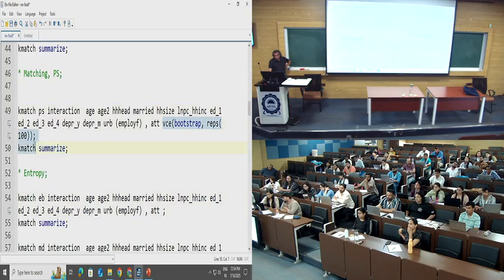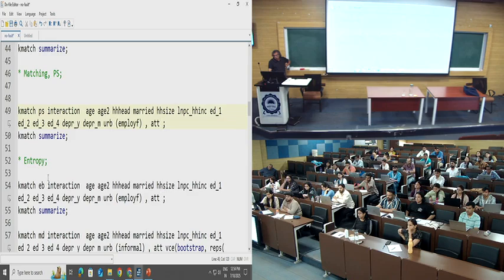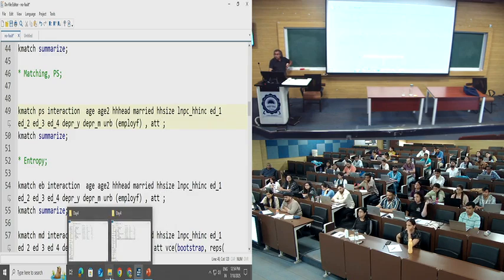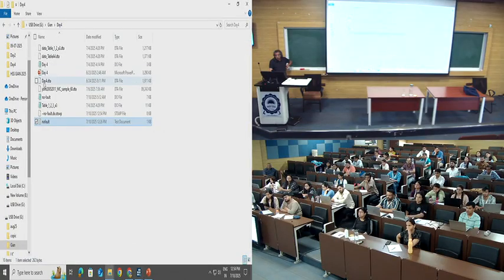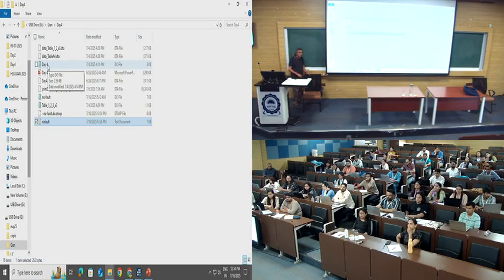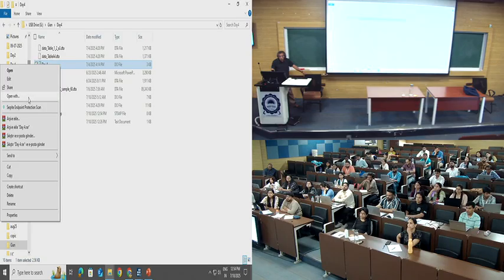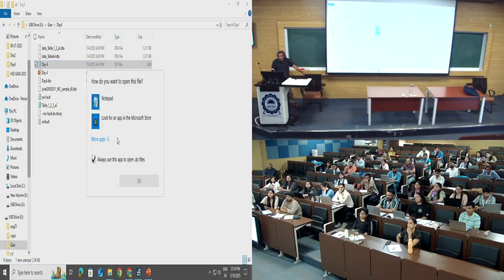Right? The other file that I'm going to share, or I have shared with you previously, I think these files were shared before, like the day 4 data and the day 4 do file. That's nothing but to do with synthetic panel. Okay. So if I open the day 4 do file, instead of opening the data, if I open it with Notepad,